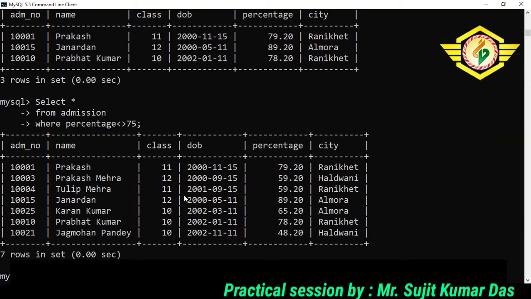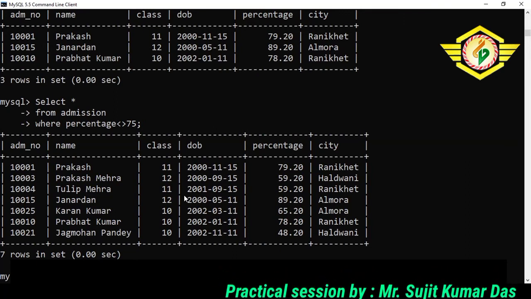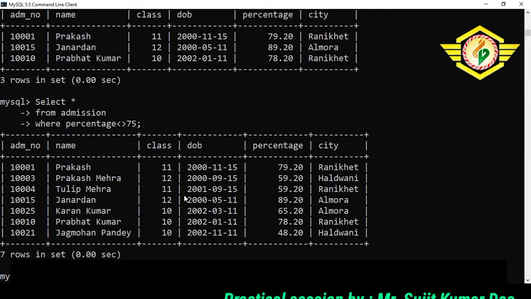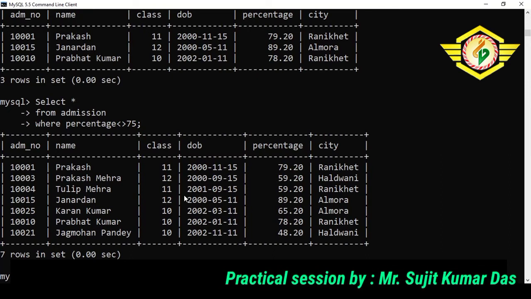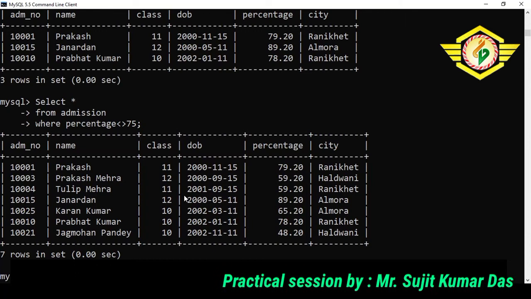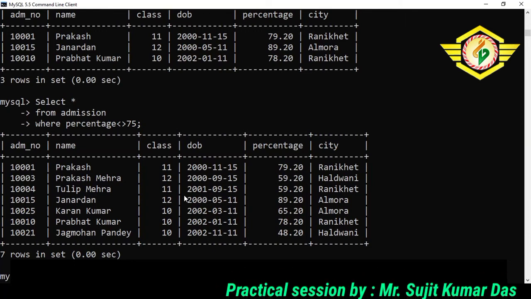Now coming to the logical operators. Logical operators are used to combine two or more conditions in a where clause. So let us take an example of checking for second division students.